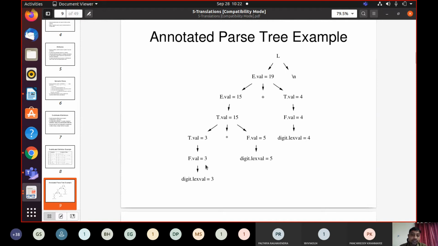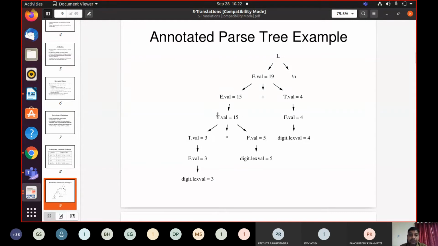That means digit.lexval is 3, then F.val becomes 3, and that value is assigned to T.val, so T.val becomes 3. Now this T1.val is 3 and F.val is 5. Here at this node, T.val goes to 15, because 3 into 5.